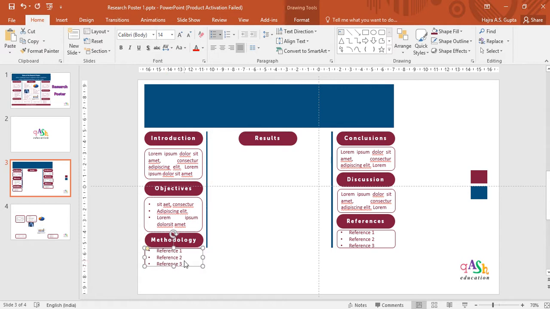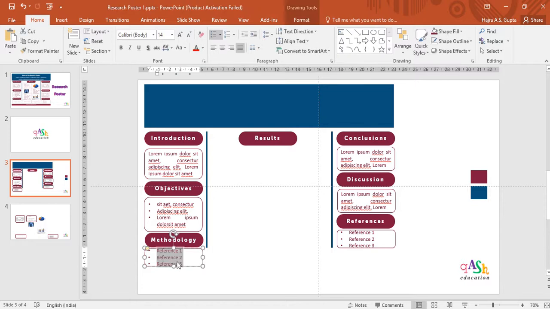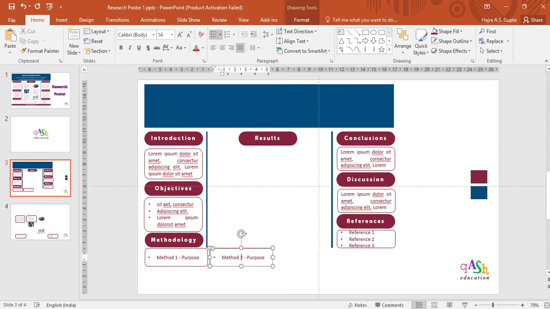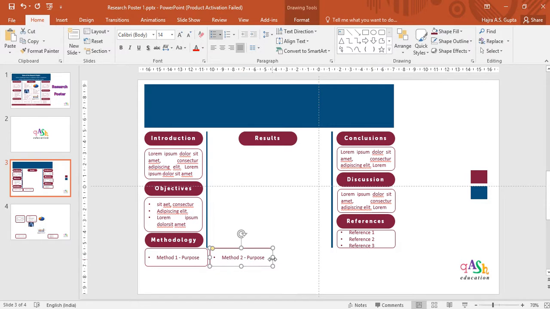So you may have 4, 5, even 6 types of different methods or techniques that you have tried. So each method can be highlighted here with the purpose. Say the first one was RNA extraction because you wanted to extract RNA, and then the second one was to obtain the DNA, where you will reverse transcribe your RNA into the cDNA copy.